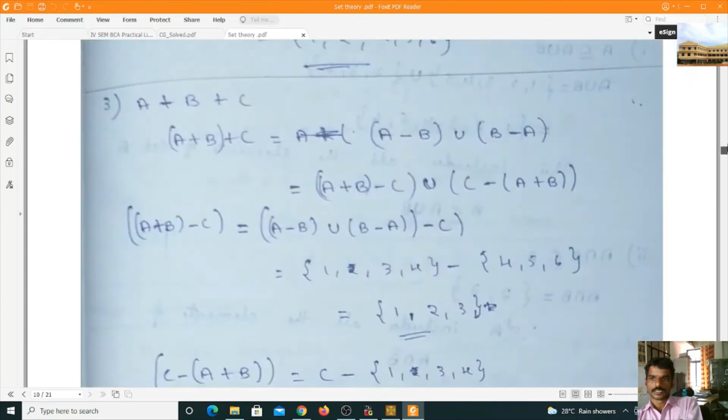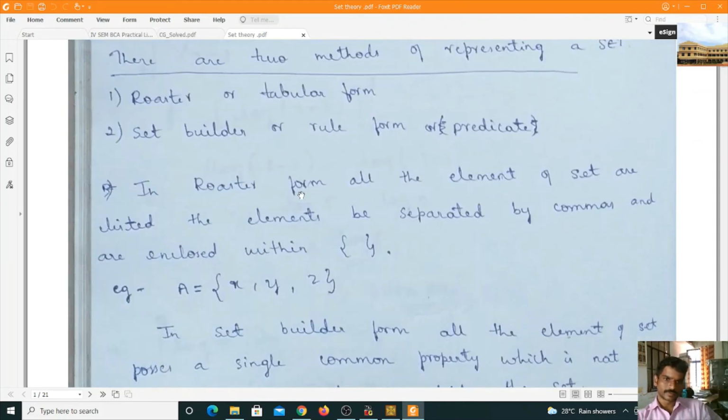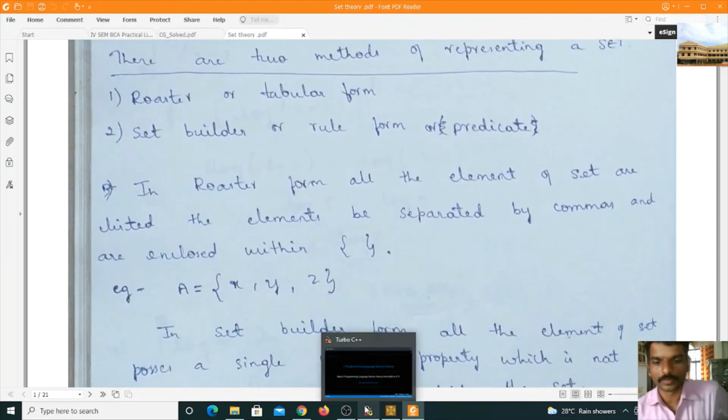Okay, students. In the set theory, we studied about different sets, and the different ways of representing the set,